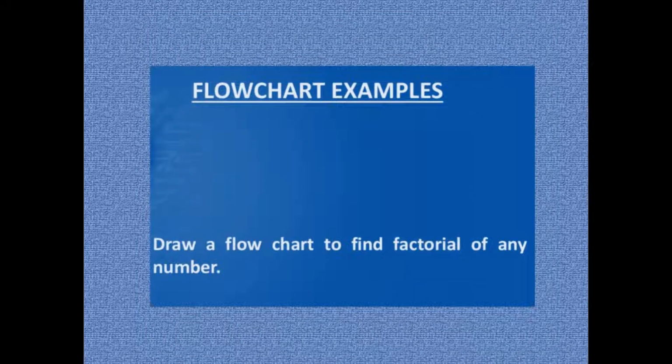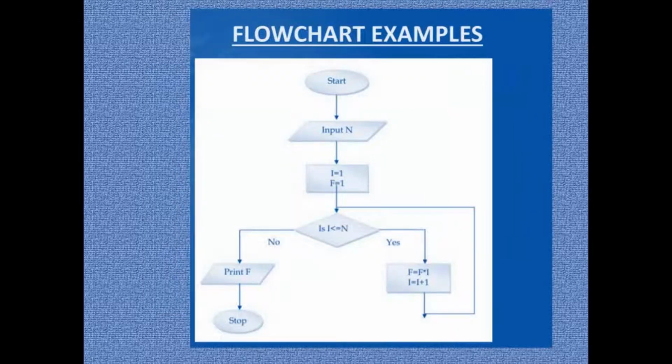Now, try pausing the video and try for yourself to draw a flowchart to find factorial of any number. So, first we start the program. Then we input the number which we want to find the factorial of. Now, we store the value of I as 1 and factorial or f as 1. Now we check if I is less than equal to the number. Over here, I also represents the count. So if count is less than equal to number, then